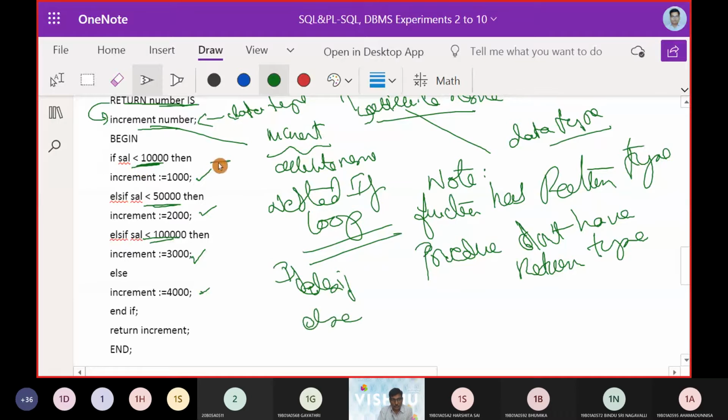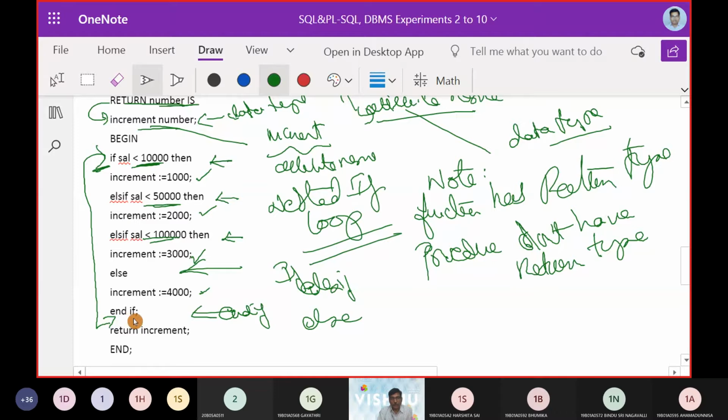So you make this option: if followed by else if followed by else if followed by else, and then you close this if with the end if. Whenever I take this if statement, it should be closed with the end if.